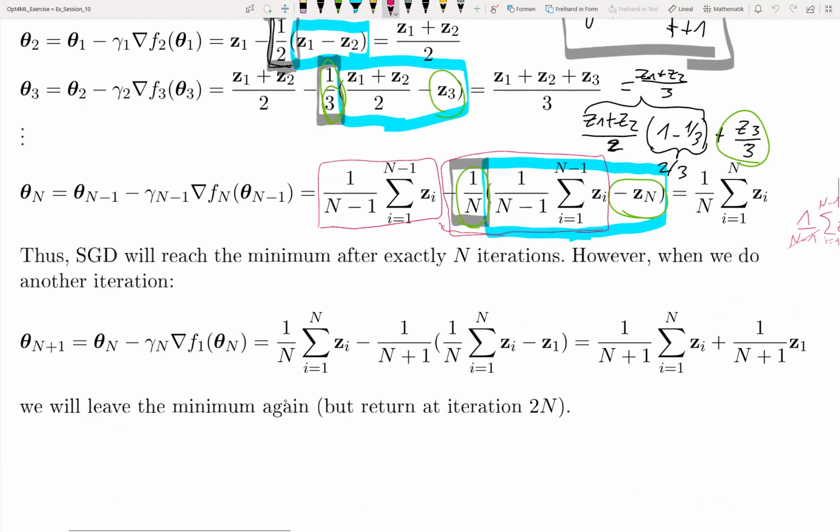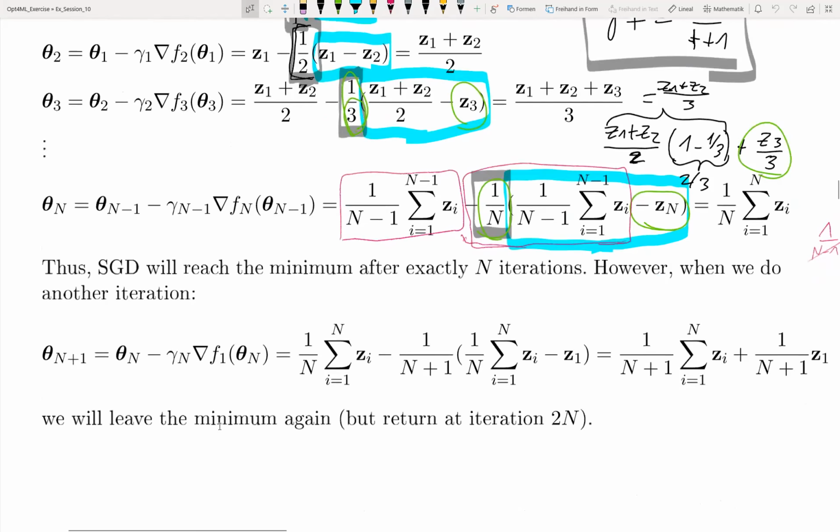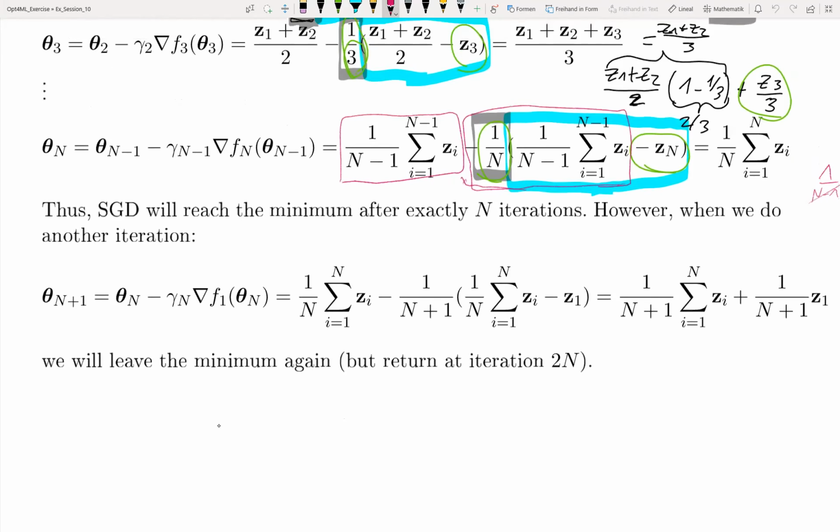But then something happens, of course, when we do another iteration. Because the problem with the stochastic gradient descent is that unless we check at the current position whether the gradient is 0 or not, here it would be definitely a good idea to check whether the full gradient is already 0. But then, of course, the question is, when do you want to do this check? Because full gradient computation is costly. But here it would actually pay off, because otherwise, when you do another iteration,